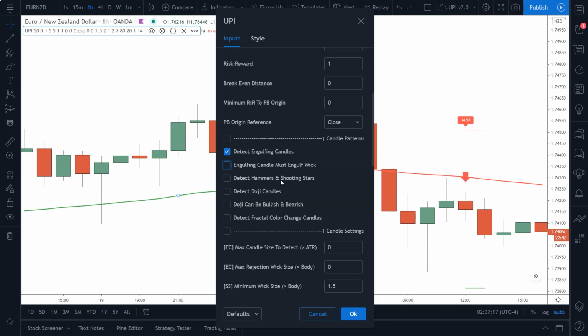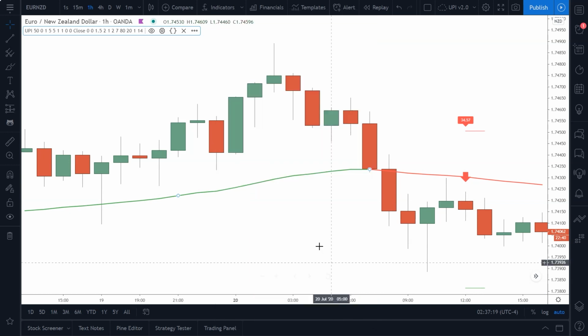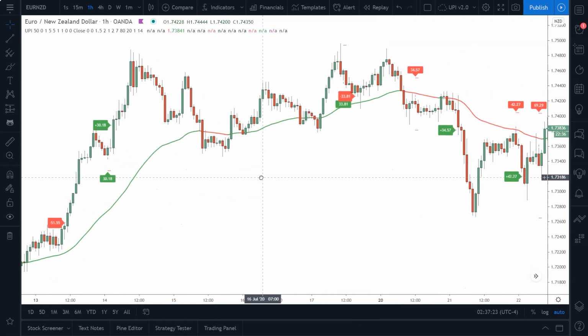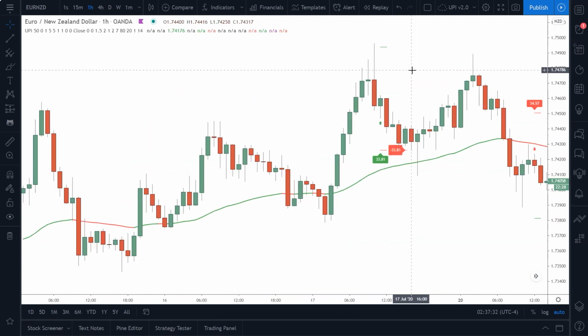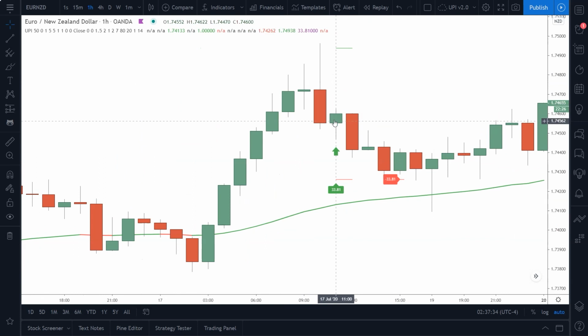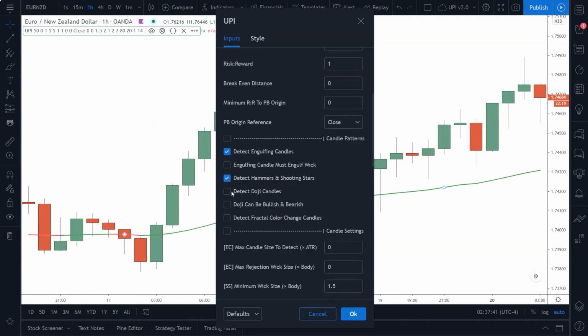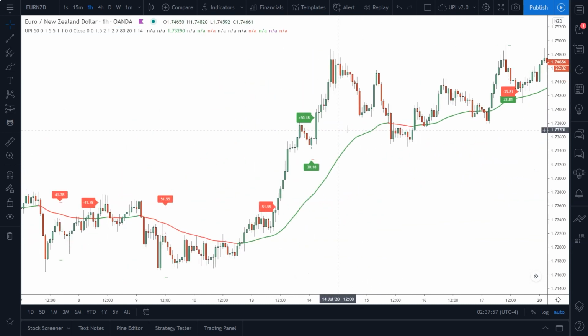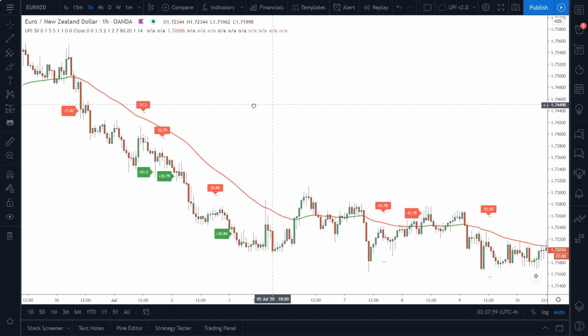Next, we have detect hammers and shooting stars. If I turn that on, we'll be detecting even more candlestick patterns on our chart. For example, right here, we are now detecting this little hammer candle. We can also detect swing low and swing high doji candles. Any candle that has a small body comparative to its wicks will be considered a valid bullish or bearish